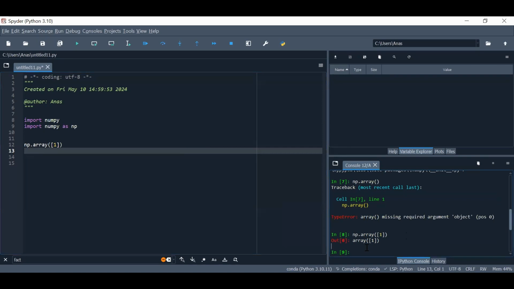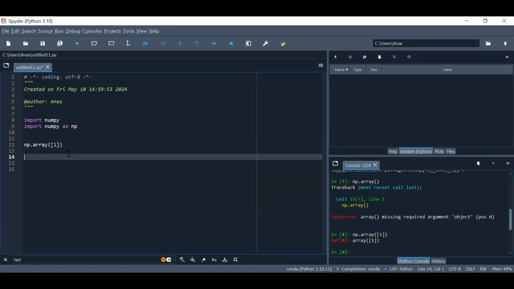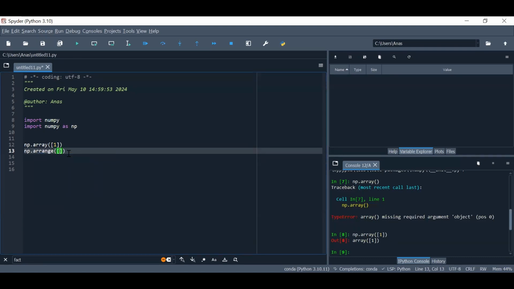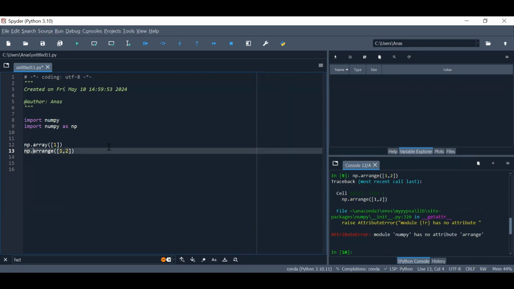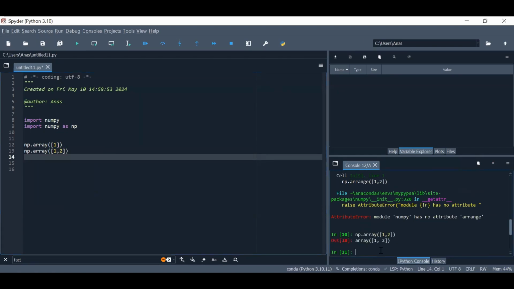Here you can see that it's one array, one element. So this is zero dimensional, like the ones we had previously in the built-in arrays in Python. The difference here is that we can have 2D or 3D or also 1D or 0D. We can have 100 dimensions. There's no difficulty in that. Of course, it will be difficult to manage them, to know how to manipulate and access them, but in principle, it's possible. So if we say np.array, and then we say 1 and 2, now we have an array